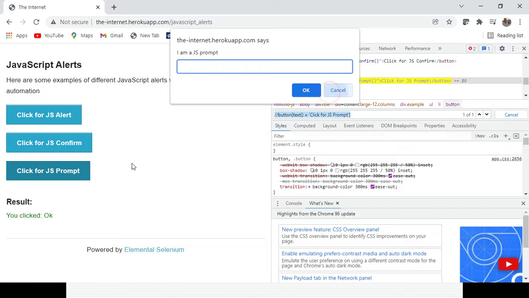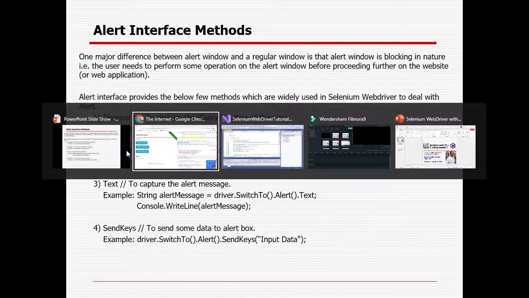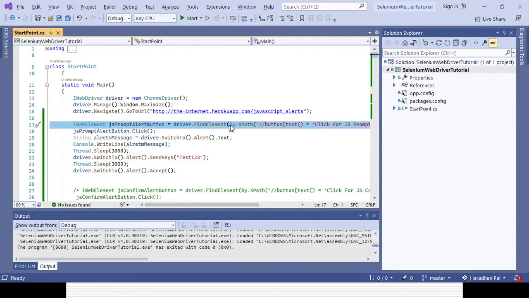So I will be using three methods here. From the alert interface, I will be getting the text. I am entering some value with the help of the sendKeys method, and then I am accepting the alert, right? So first I am inspecting the element with the help of XPath. I am clicking on that. After the alert comes, I will get the text. I will print the text in the console. I will wait for 3 seconds.